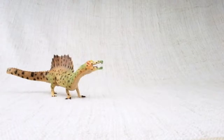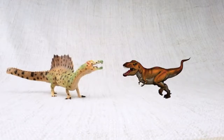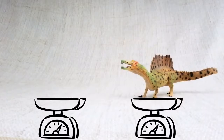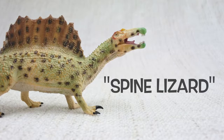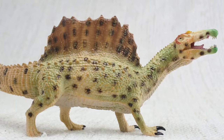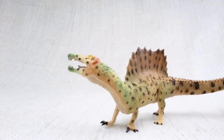So what have we learned? We learned Spinosaurus was one of the biggest carnivores that ever lived. Bigger than a T-Rex, as long as a semi-trailer truck, and weighing as much as 3 elephants. Spinosaurus means spine lizard because of those huge spines. The spines on its back were bigger than a human. They were up to 7 feet long, and they were either used to keep it warm or to attract other